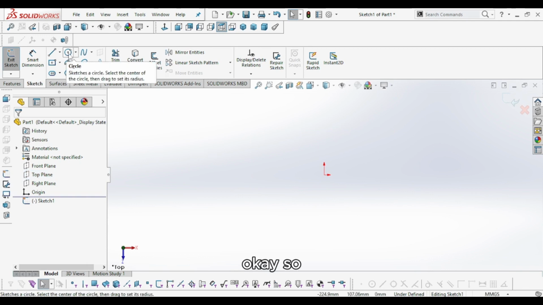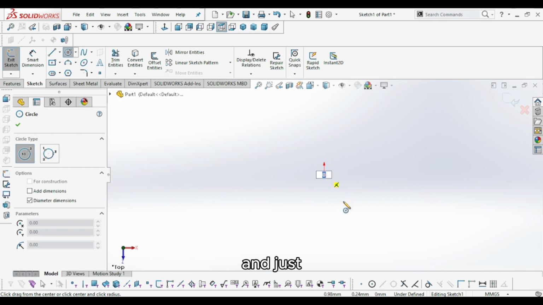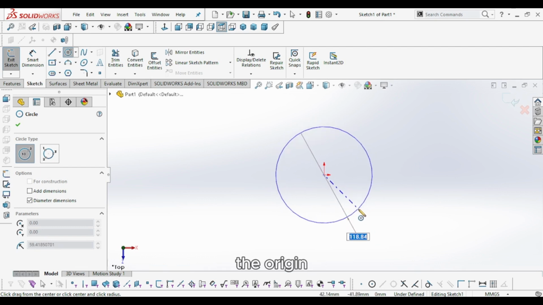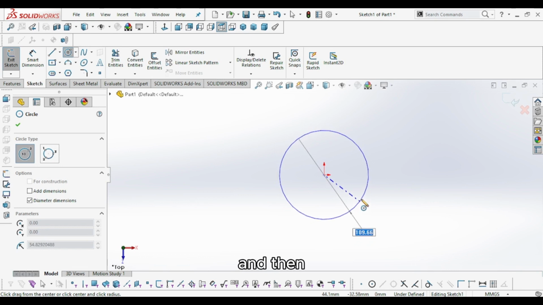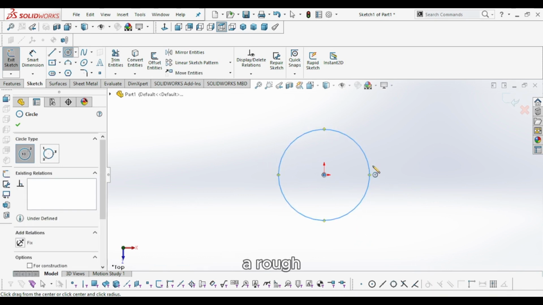Okay, so we'll select a circle here and left click, as I explained in the first tutorial, always start from the origin point. So just left click in the center, the origin point,